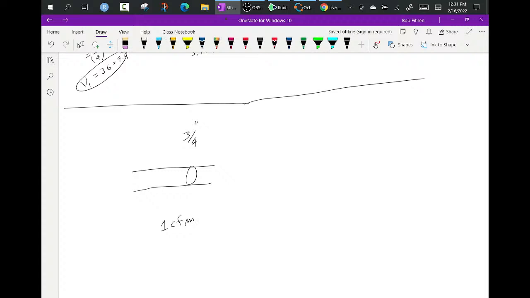Or maybe, let's just draw it down to maybe 0.01 cubic feet per second. Say it's not moving very fast. So let's say we drew it down to a diameter that was, say, I don't know, 0.1 inches. And then it came back up